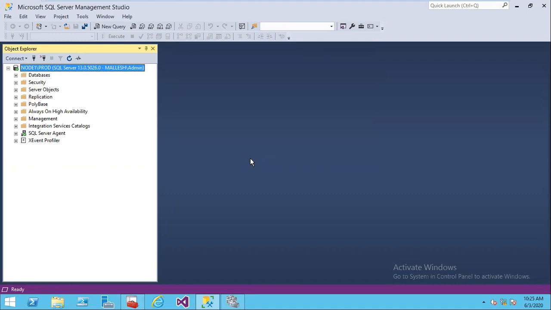Once you complete that step, some people prefer to suspend the data movement. Even though it is optional, it is not mandatory. So if you want, you can suspend the data movement, or else you can ignore it and directly go to the node 2 server. That means the secondary replica: apply the patches on the secondary replica, reboot the secondary replica. Once that is complete, go back to the primary replica and